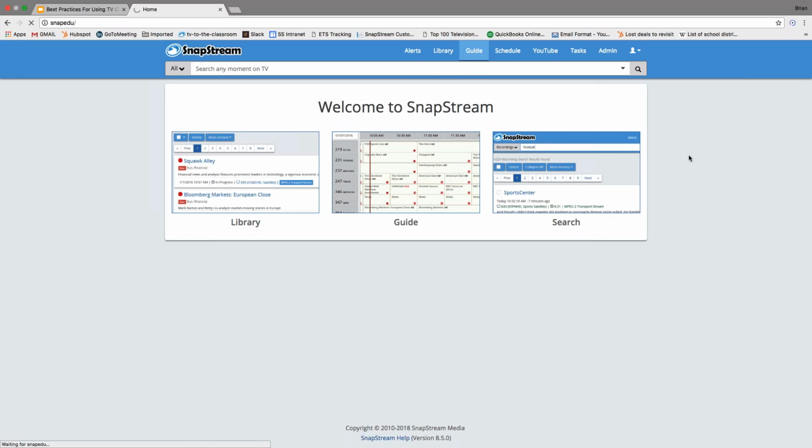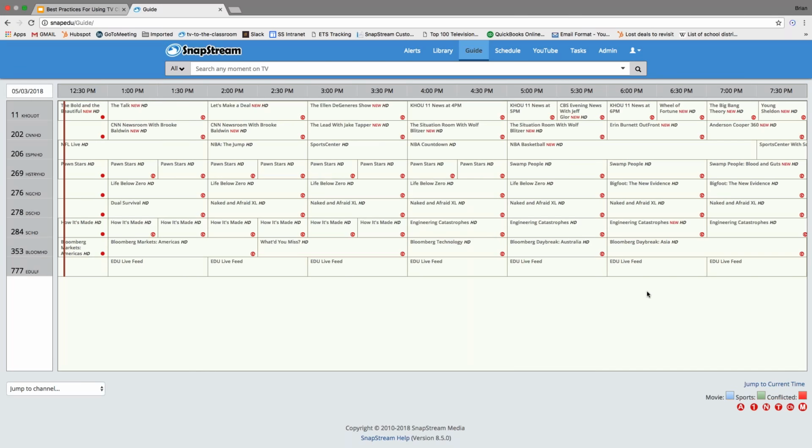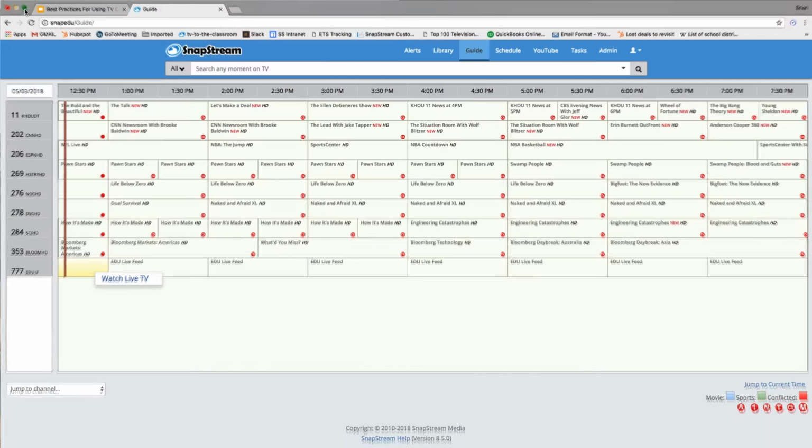So then when I come into the guide, I have a custom guide that has any number of different feeds. In the case of this guide, we've got 9 different feeds because I'm also feeding a variety of broadcast TV content, as well as that last channel 777, which is my internal feed. You can see, as indicated by the red icons, that any of the content, whether it's broadcast TV or internally, can be recorded. If I want to watch it live, I simply right-click into the box, click Watch Live TV, and it plays back